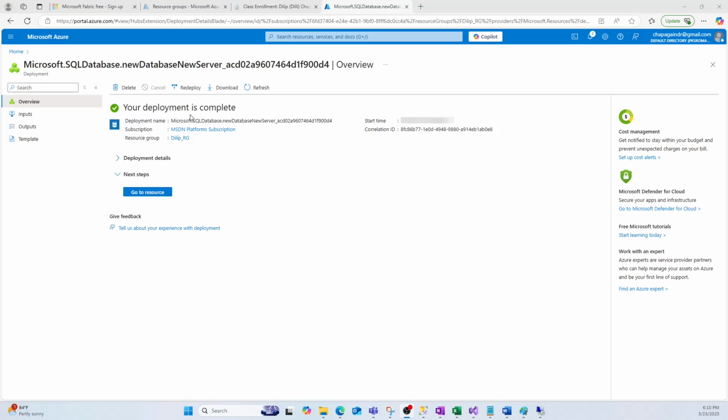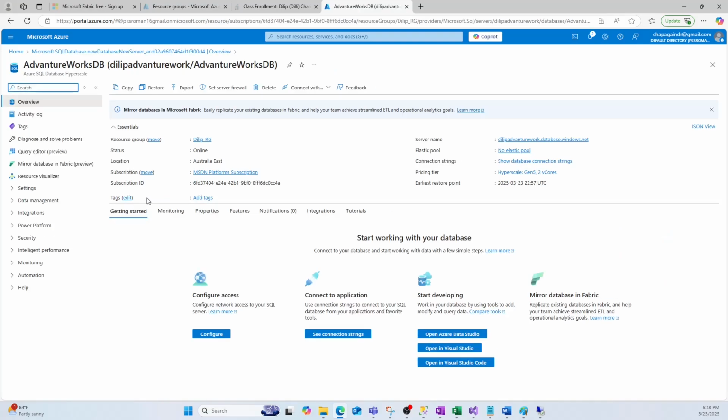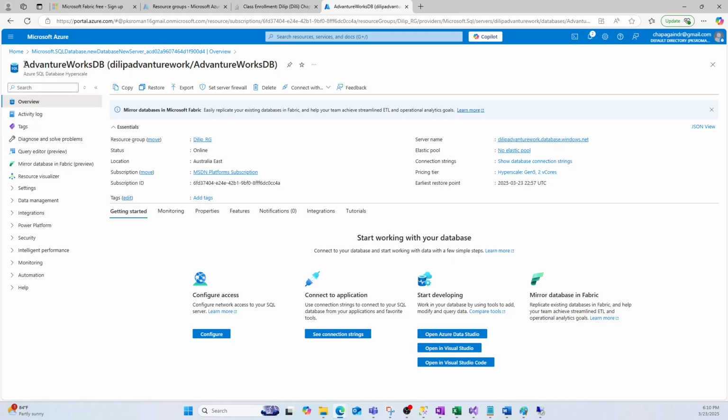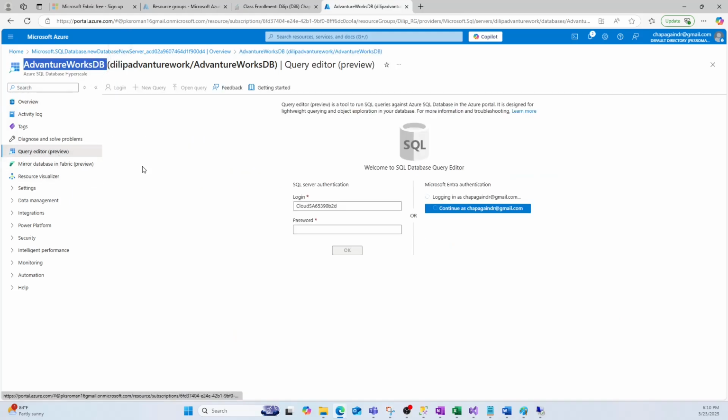In the other tab, I created the database using the PaaS service. This was deployed, deployment completed successfully. Now if I go to the resource here, we created the database. We do not need to have SQL installed here. We can start, and we created the database. Now what can we do? We can go to this query window,